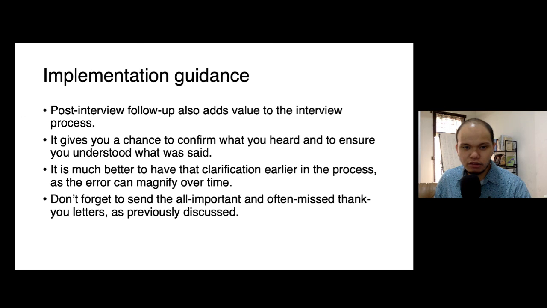And don't forget to send your thank you notes, thank you letters, okay? Express that gratitude. That's also part of the post-interview. So don't just focus on the interview itself, okay? There's always the pre and there's also the post, okay? And there's a lot of effort that's required for both the pre and the post as well,